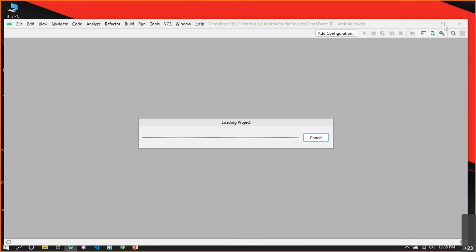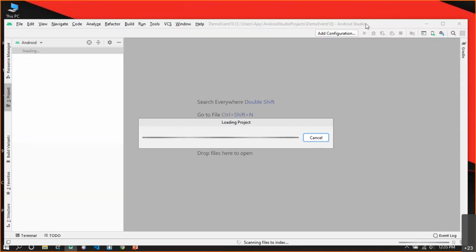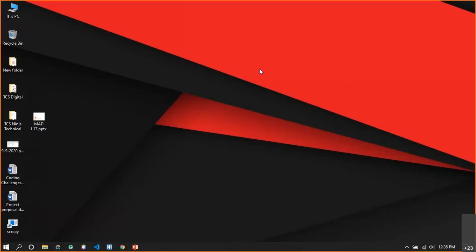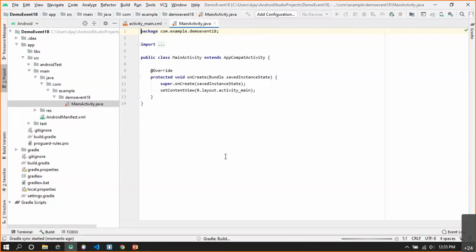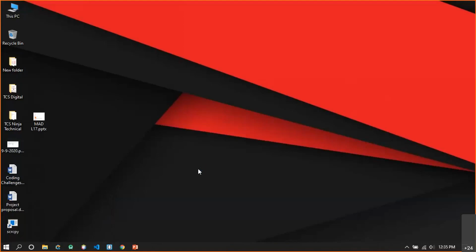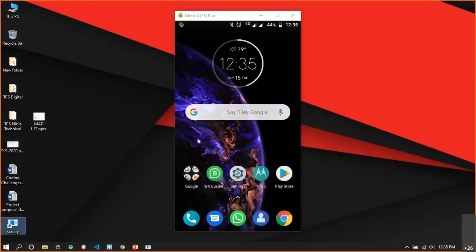Let the project build, and until it builds, we launch our Android device preview. So this is our Android device preview.